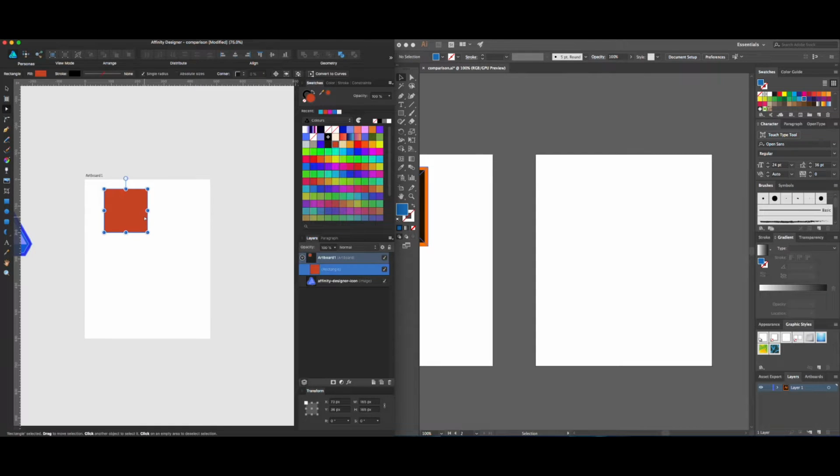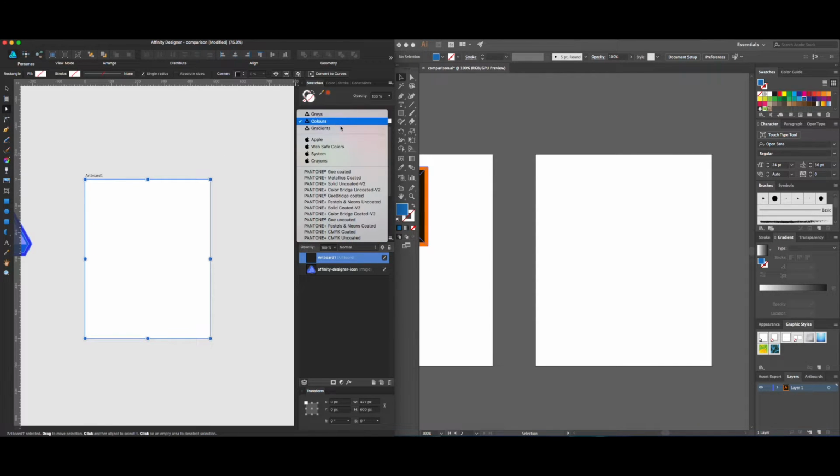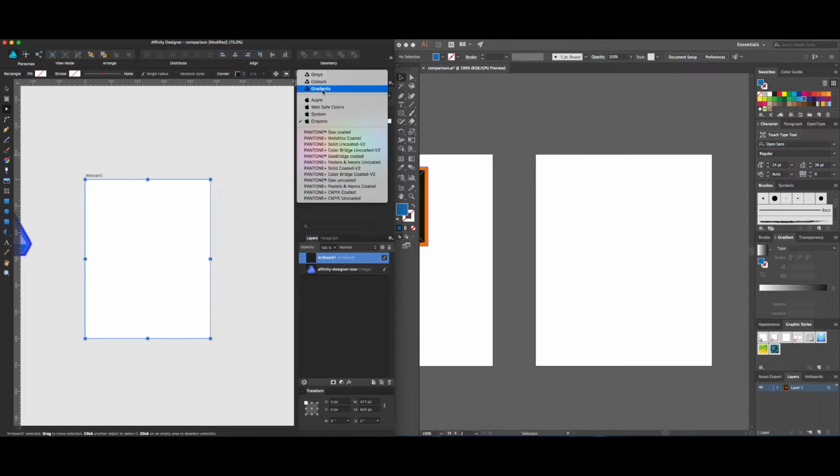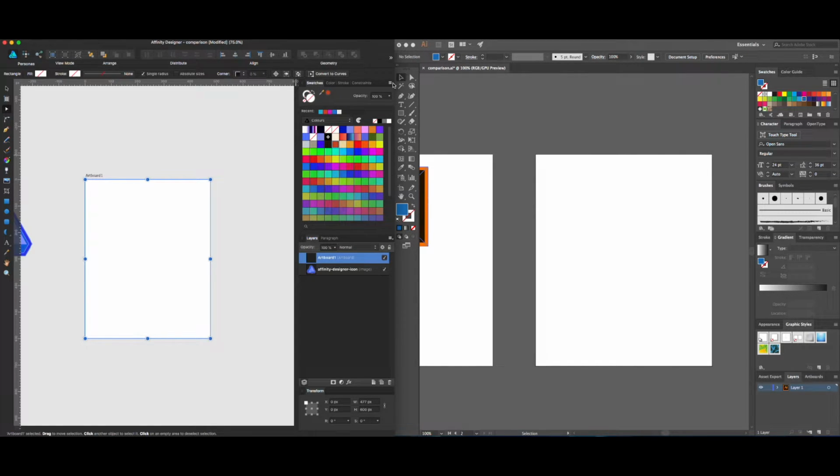Affinity Designer is great with this. It has the ability to give you preset colors as well as a bunch of Pantone color books, which is great, and you can use your system colors as well. But by default, there is support for adding different palettes of your choosing based on either the application, the document,